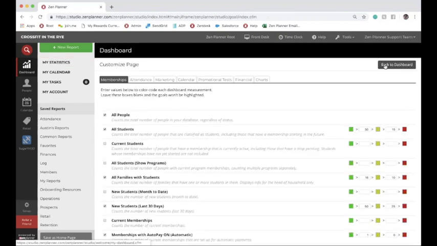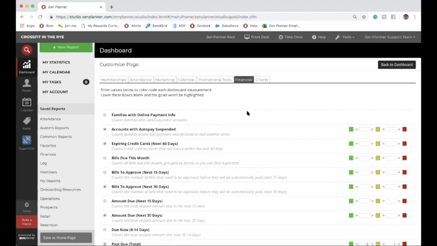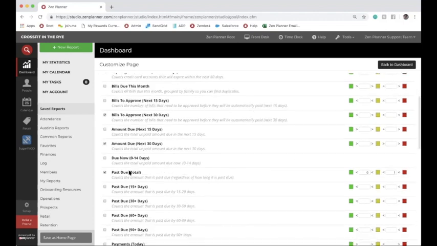One that I really like to point out, and I think that you should have as an anchor for your finances, is to click into financial and look at your past due total. Like I mentioned before, ideally your past due amount is 0. So one quick way to spot that something's gone wrong is to set your goal as 0, and anything above $1 immediately turns red,